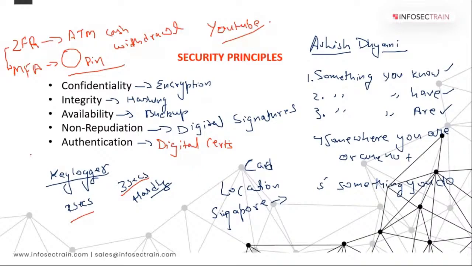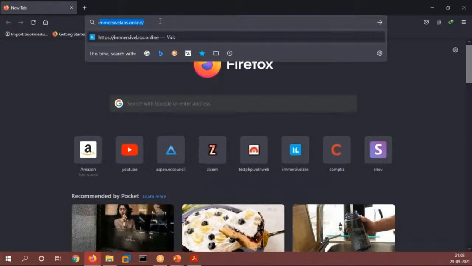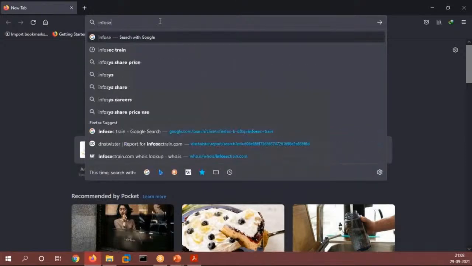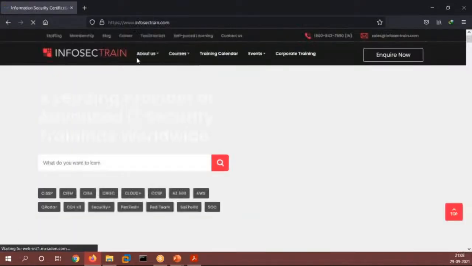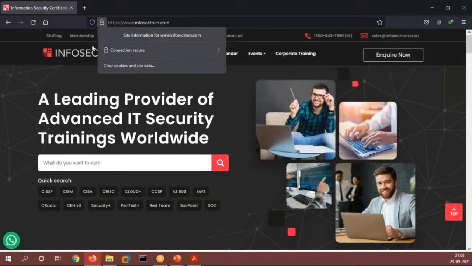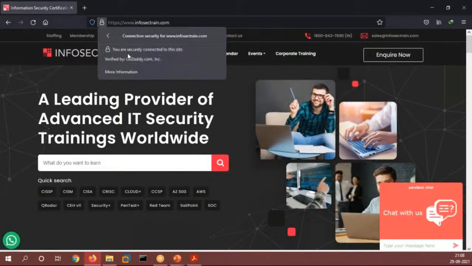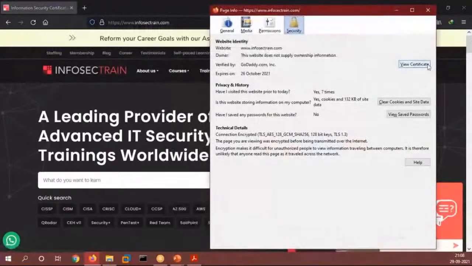If I take you to the website infosectrain.com, you will click on connection secure, more information, view certificate.